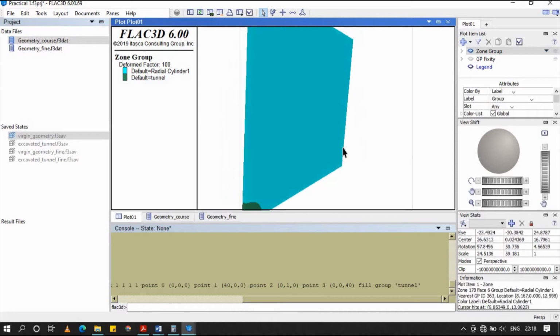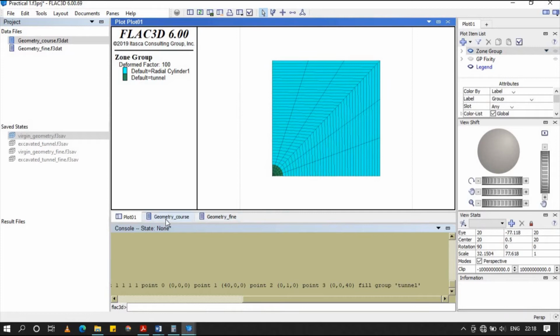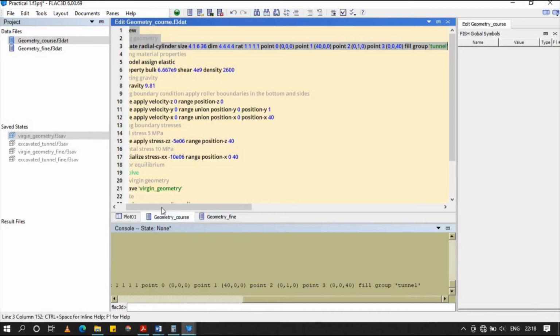Okay, and in y direction it is unit length. Now this is the geometry that we got.